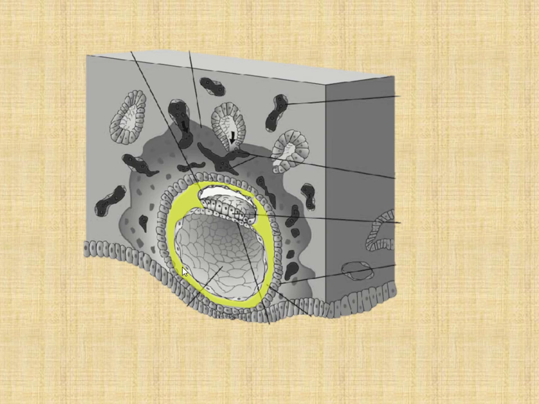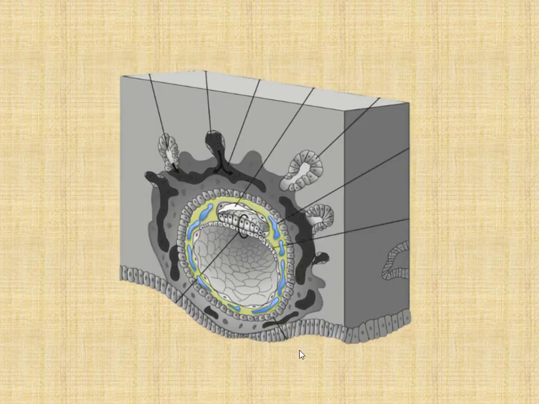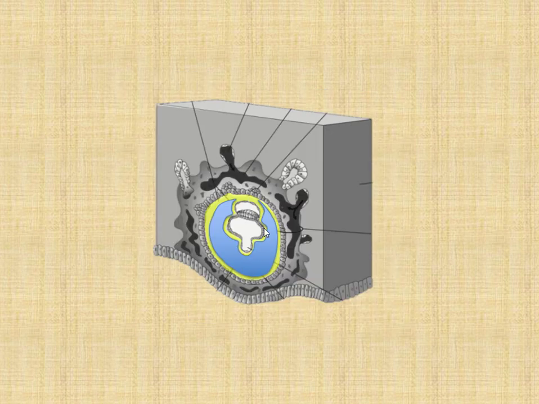And so I want you to pay attention to the yellow highlighted area, which is the extra embryonic mesoderm that's underlying the cytotrophoblast here. And in the next slide here, you can see that celomic spaces, these little spaces, begin to develop in the extra embryonic mesoderm. And these spaces are going to coalesce, and it's going to form a space in here, which is